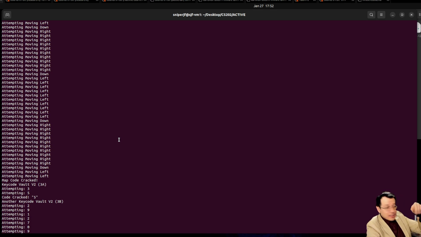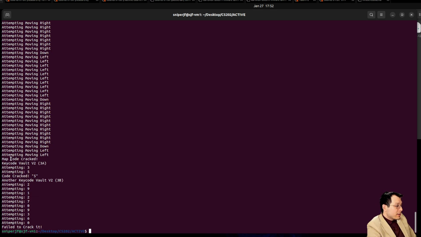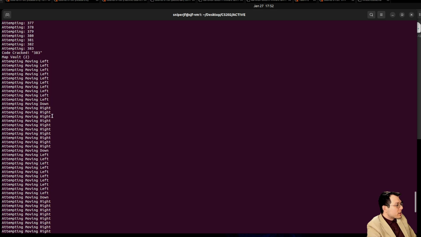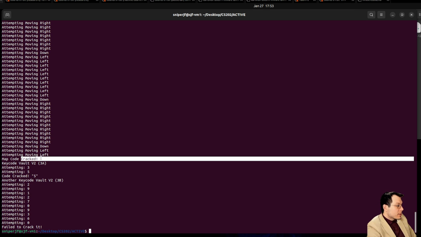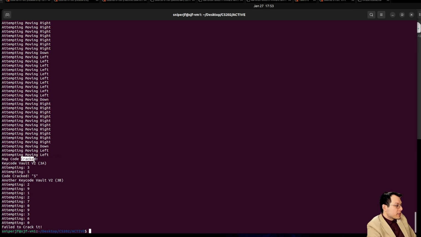So anyways, you zigzag down, and then you can see that once it finally finds it, or actually, you know what? It could be that it's just checking, going down. So yeah, I'll have to take a look at that. But once it finds the location, then you can see it says cracked. And then finally for vault 3, it's going to attempt,